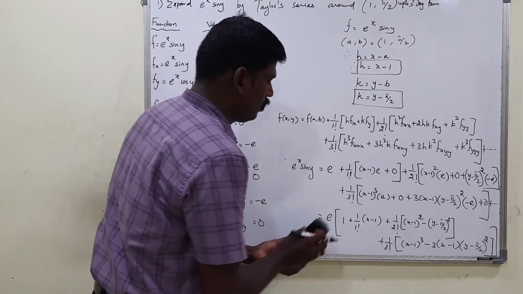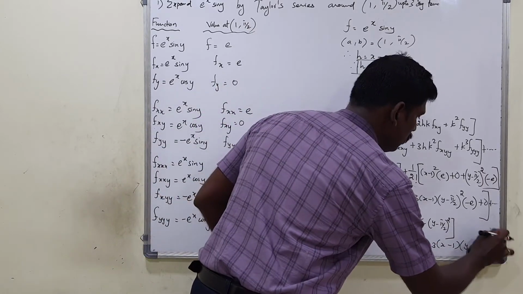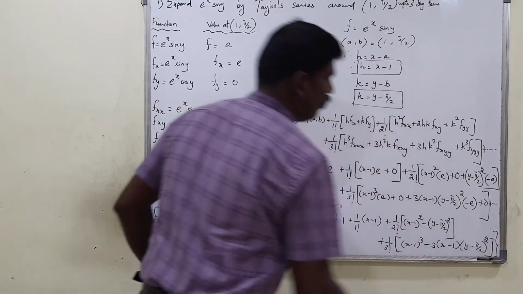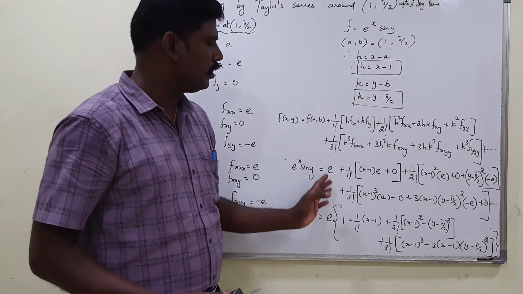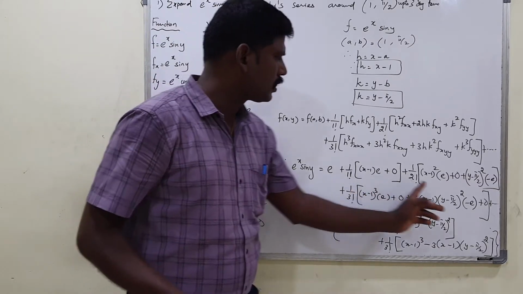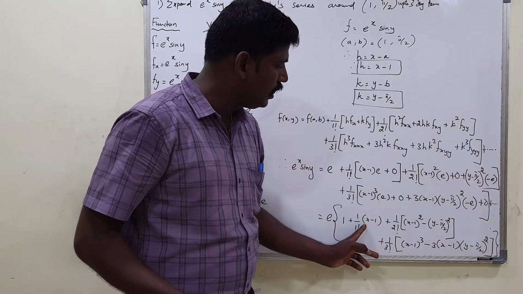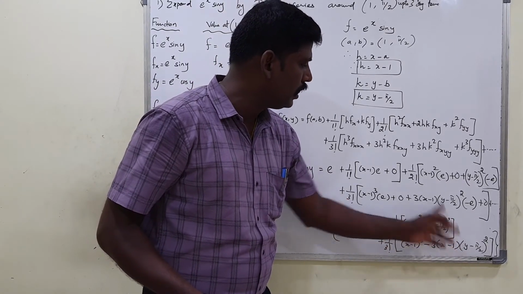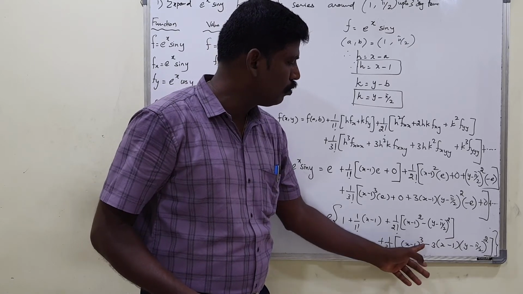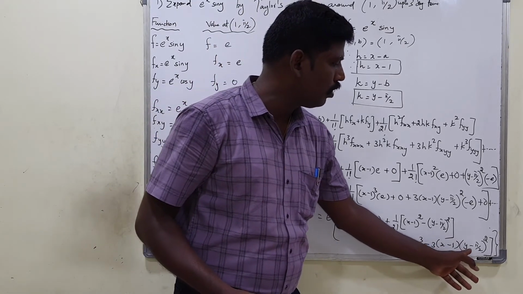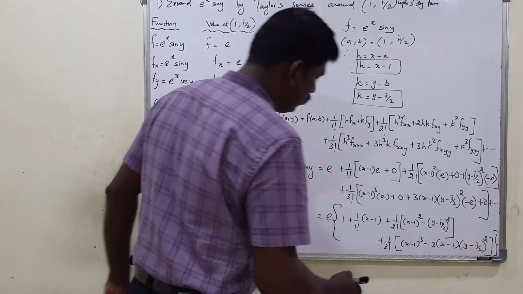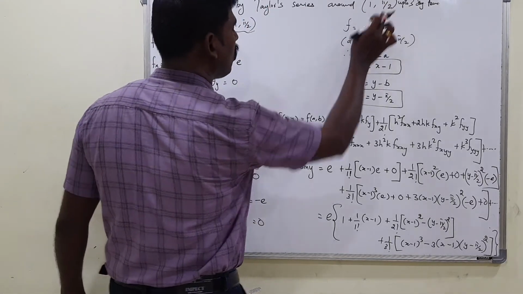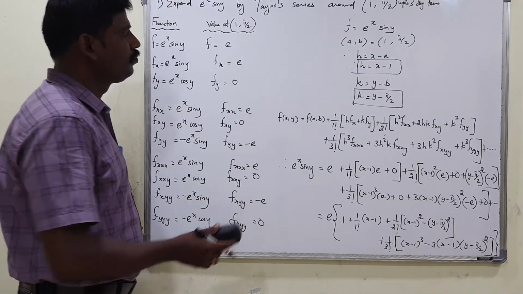Right? To differentiate this parenthesis, I write it as. Okay. So you need not take e as common, or otherwise you just write every term containing e. e plus 1 by 1 factorial into e into x minus 1 plus 1 by 2 factorial into x minus 1 the whole square into e minus y minus pi by 2 the whole square into e plus 1 by 3 factorial into x minus 1 the whole cube into e minus 3e into x minus 1 into y minus pi by 2 the whole square plus dot dot dot. That's all. So this is the Taylor series expansion of this function at the point 1 comma pi by 2. That's all. Right? Next one.